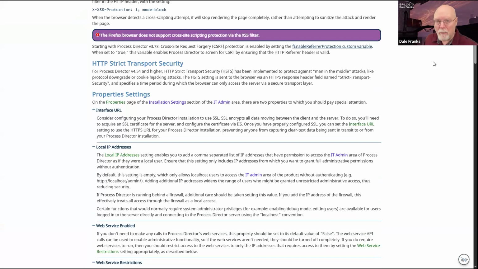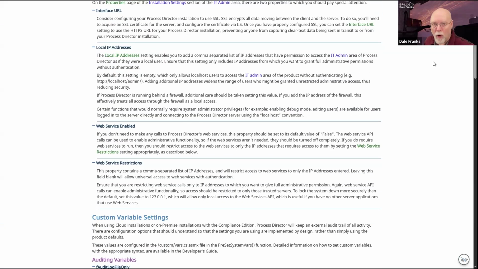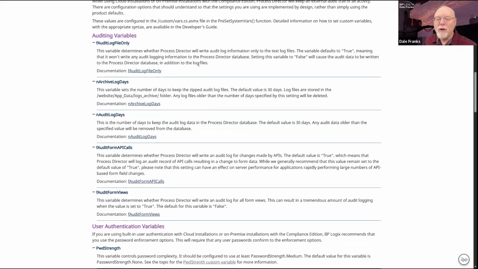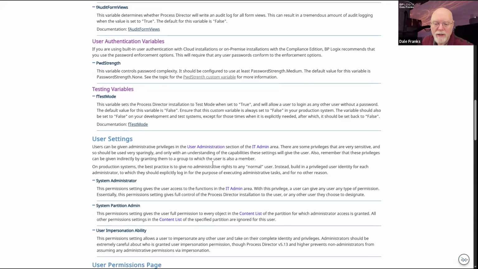A couple of important things, and we'll talk about them a little bit later, such as the existence of web services and whether you want them enabled or not, how you want your audit log files to work, which we'll talk about a bit later. Changing the password strength of your user passwords. For those of you who actually use built-in users, I know most of you use SAML, which means it's handled outside of Process Director.